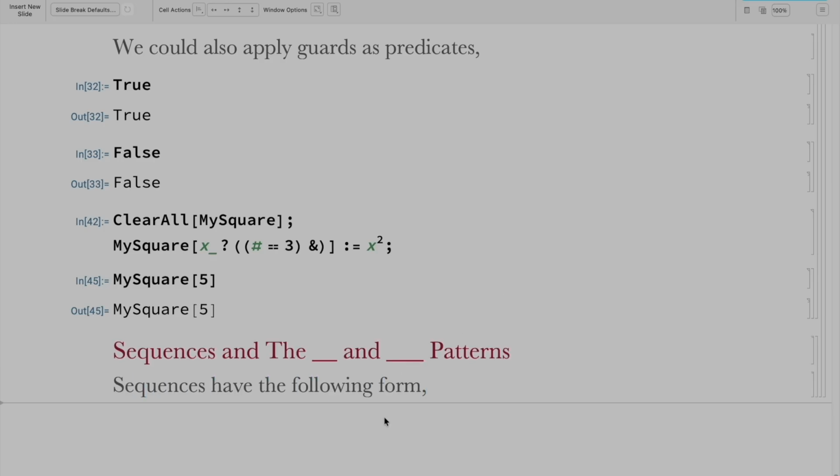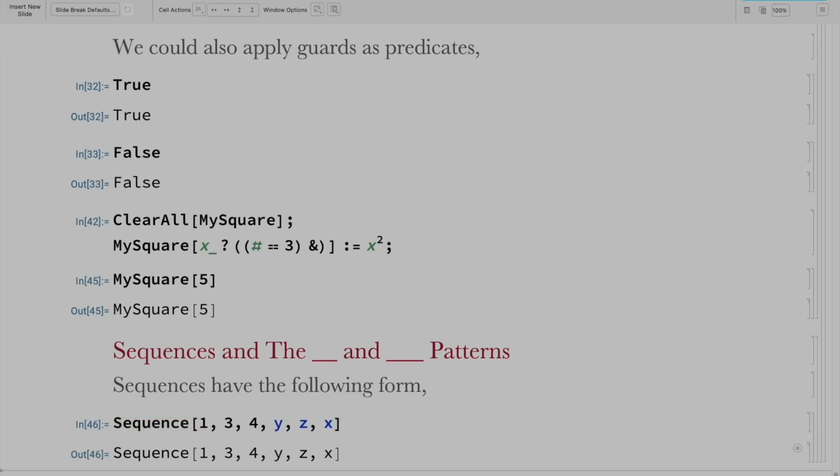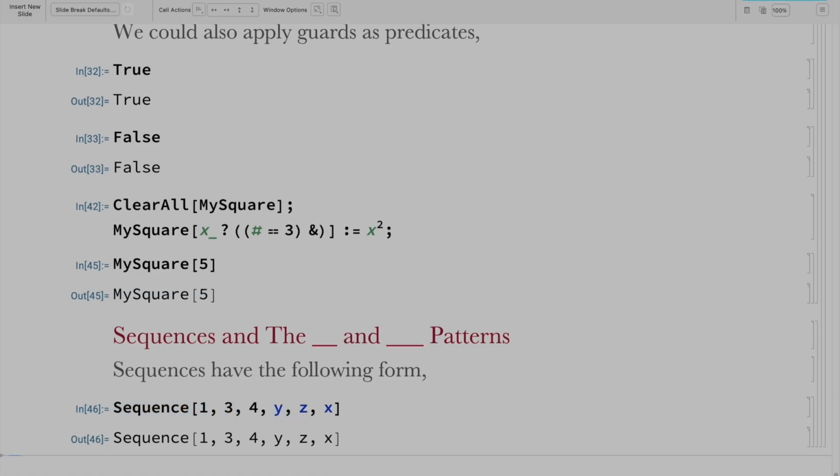Sequences have the following form. As you can see, they evaluate to themselves. They look like just any regular M expression. However, they have this interesting property. If they are within any enclosing M expression, they unfold themselves and you end up with just the content of the sequence. So if I take this sequence and I say, let's say F